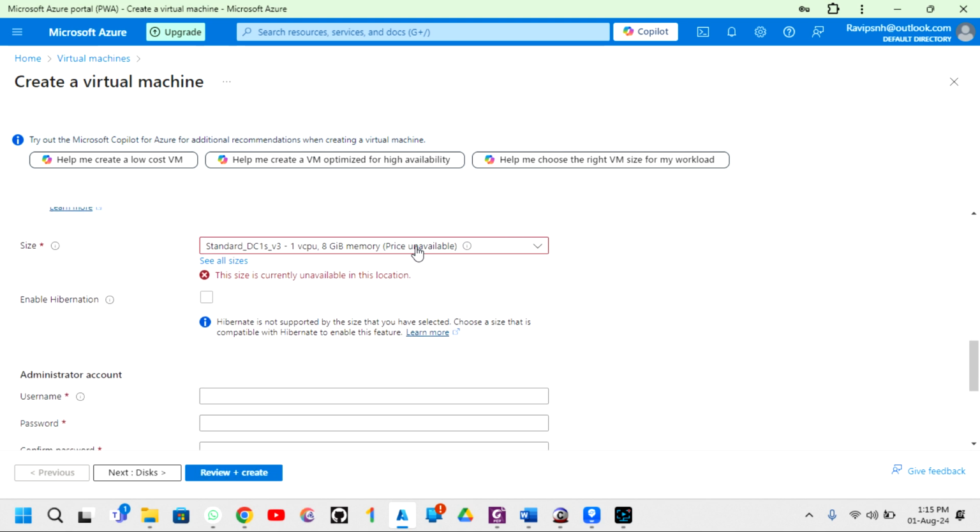Next, here I have to select the size of the virtual machine. In this drop down, some virtual machine size is selected by default. The series is Standard DC1s v3. I'll come to this abbreviation later. Now just focus on the configuration: 1 vCPU, 8 GB memory. The price is showing as unavailable, and there is an error: the size is currently unavailable in this location. Guys, remember one thing, in the cloud platform,